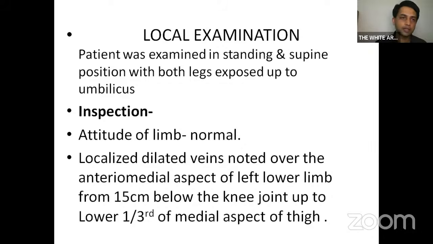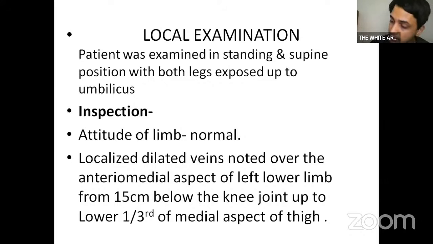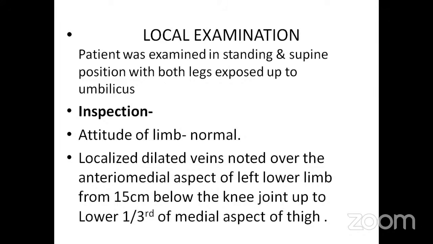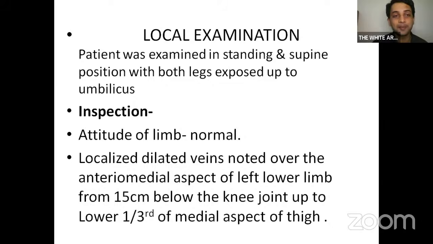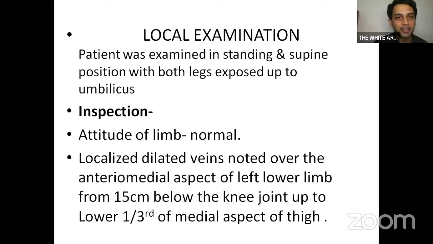Then what other skin changes can you observe? Then lipodermatosclerosis, then a whitish patch, sir. What is corona phlebitis? Whitish patch, sir. Then ulcer, finally. What is lipodermatosclerosis? Sir, it is due to fibrin deposition. In the gaiter area the skin becomes thick. That's because of the scarring. Tissue death and scarring will result in thickening of the skin. That's called